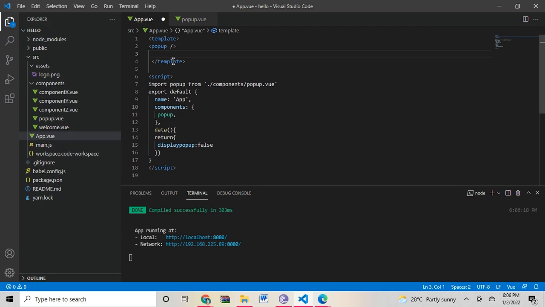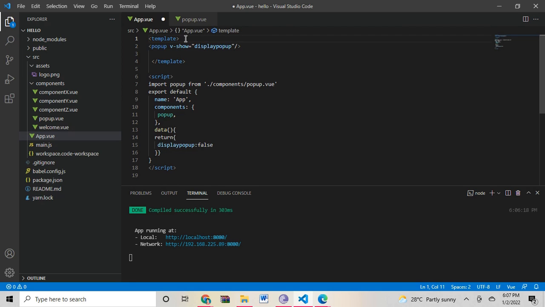In the pop-up, you can use the v-show directive: v-show equal to display pop-up. So what is the value of display pop-up? False. Initially the value is false, so it will not display anything.